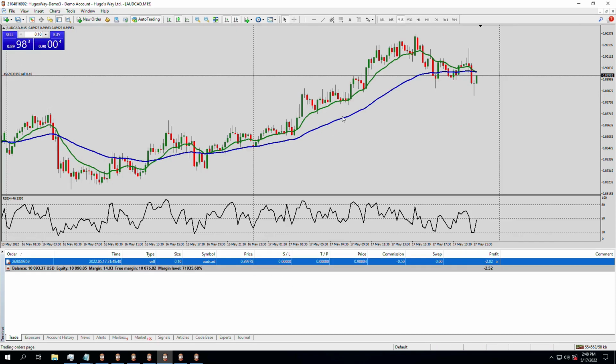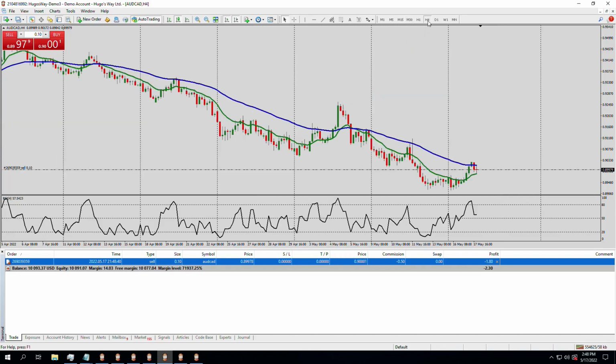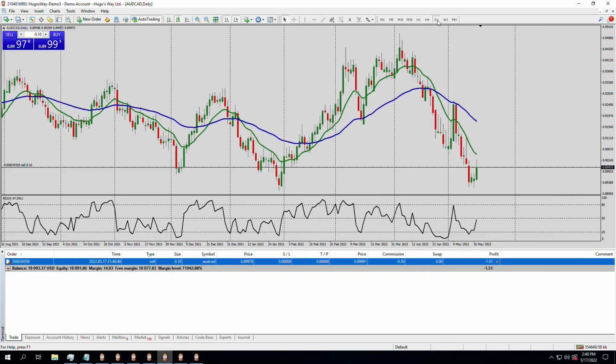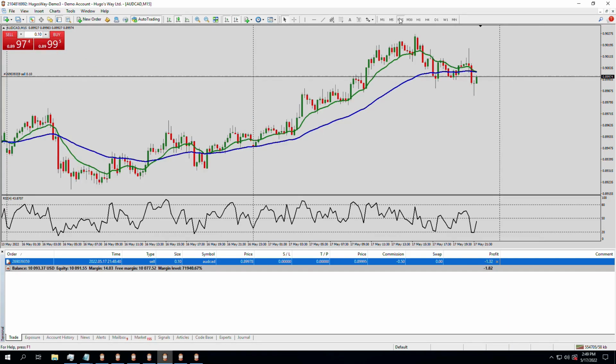Now let's analyze this a little bit. Let's go up to the 4-hour. We just did a sell, and overall for the last few weeks, the price has been coming down. So let's go up to the day and see what the day has been doing. So the day's coming down. Although today is an up day in terms of candle, let's come down to the 15-minute and let's set our